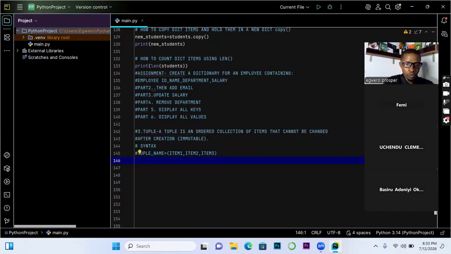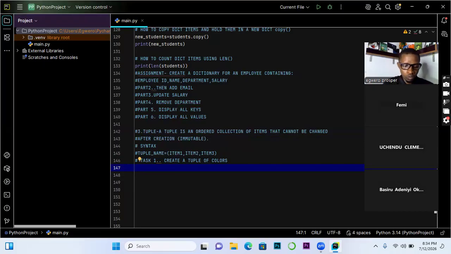And the example is that we are to create, so this is the first task. Task 1 is that we are to create a tuple of colors, right? So let's assume that we want to store a list of colors in a storage within our program.